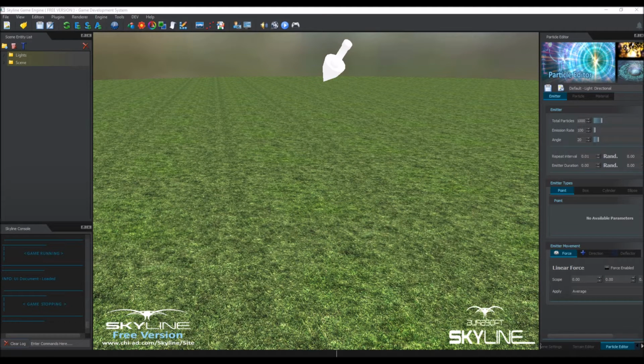Alright, hey buddy, and this is 54 Newstar, and today we're going to be looking into the Skyline game engine. This is an engine I've been monitoring for some time, and suddenly they've implemented a module that will allow me